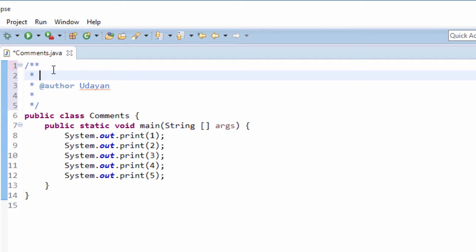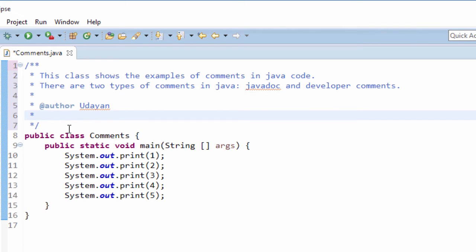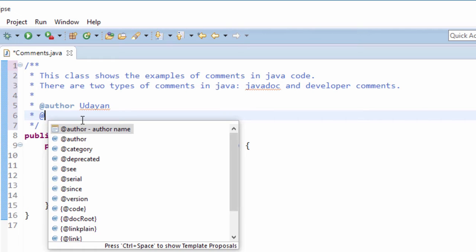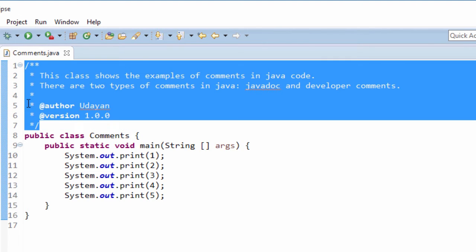So I'm going to give some information about this class. Eclipse has provided my name as author. Let us add the version information, 1.0.0. Save this file. So we have specified Javadoc comments for this class.